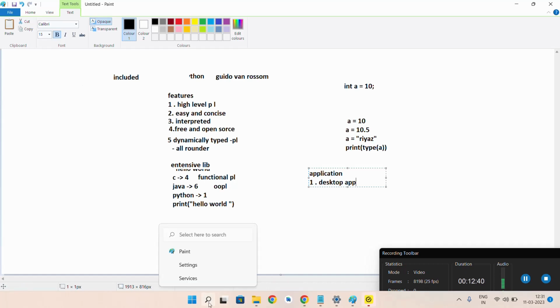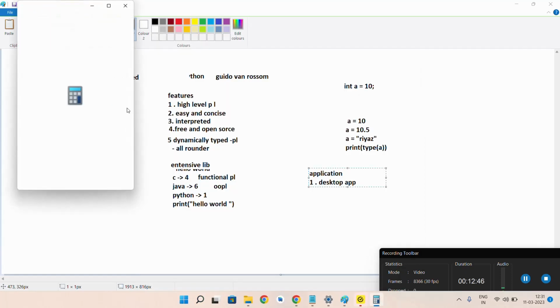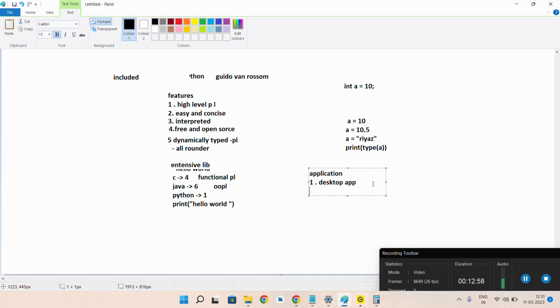For example, we have a calculator, right? By using Python, we can create this calculator. All desktop related apps can be developed using Python. And for gaming purposes.